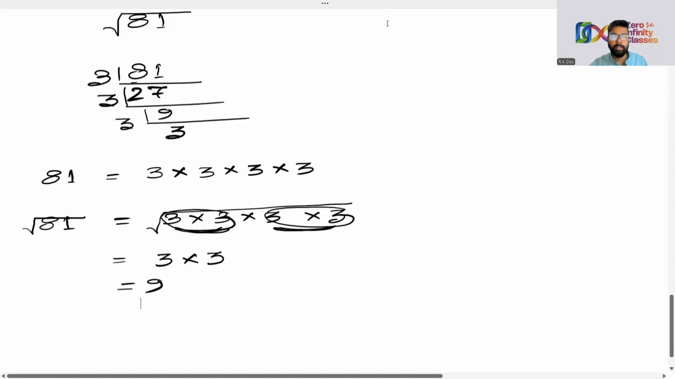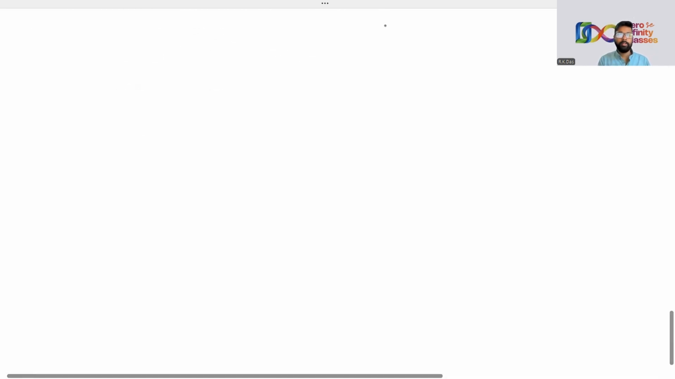So let me take another number. 81 was a very small number, so we can clearly say that the square root of 81 is 9. But now we're going to take a very huge number. Suppose I am taking